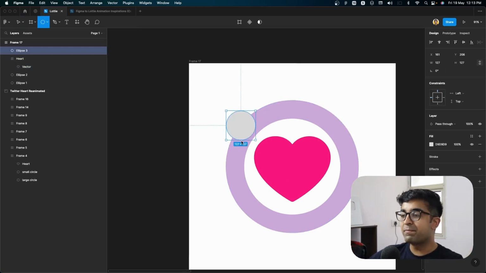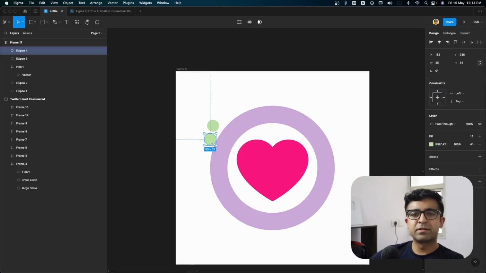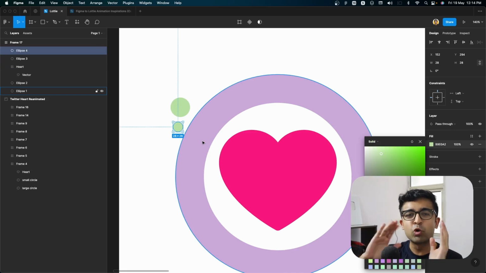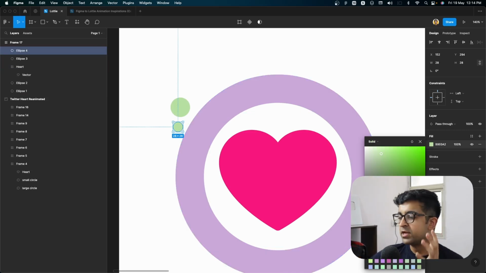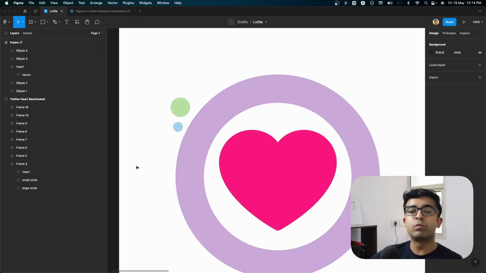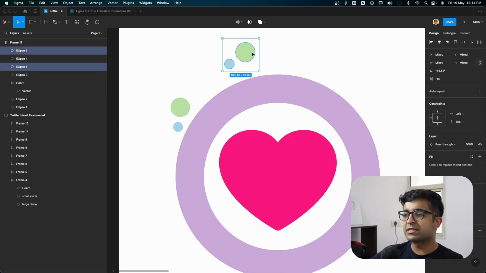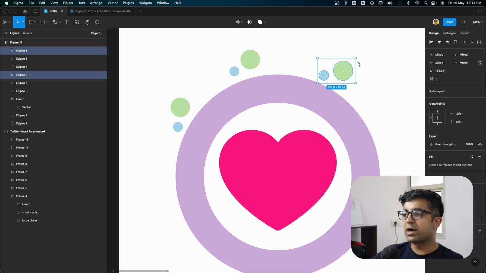So for that, I'll be making some smaller. The key to this little animation is to have one small little circle here and one large circle right next to it. And the colors should be somewhat similar to the green, maybe close to the green on the color spectrum. So something like a teal or a very light blue is fine. You can always duplicate these and rotate these. And that's about it. You'll just have to place these all around this and you'll probably have this animation ready